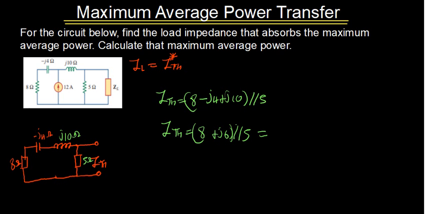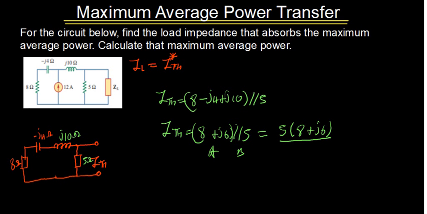It's more like you have your A and your B here. What do you do when they're in parallel? It's your A times your B divided by A plus B. That's the same thing we are going to do right here. So now we can say it's the 5 multiplied by the 8 plus j6, divided by